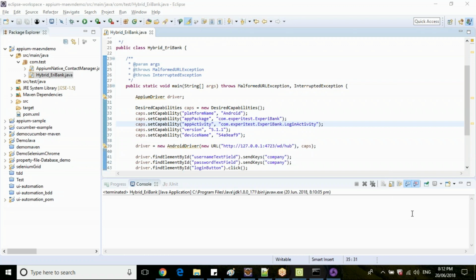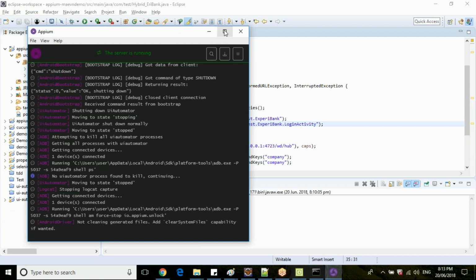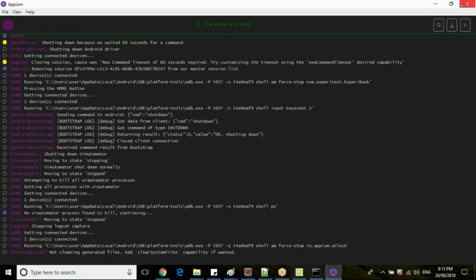So that's all I have for today for native automation. If any queries, you can ping me. We'll discuss that before we wind up today's call. And tomorrow we will see Appium, which will provide you some recording session. You can record and you can get the code as well.